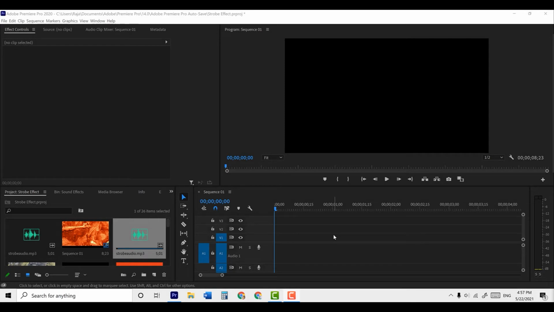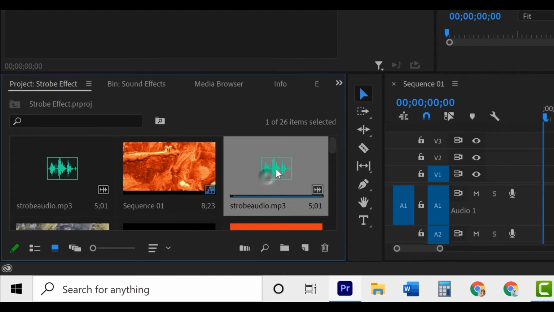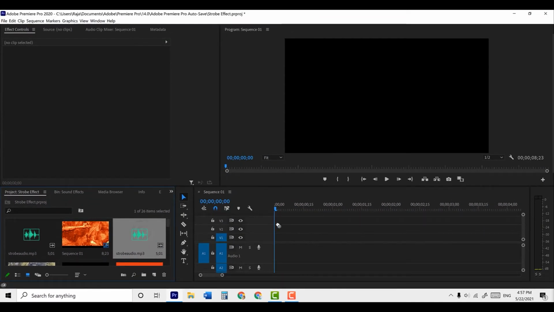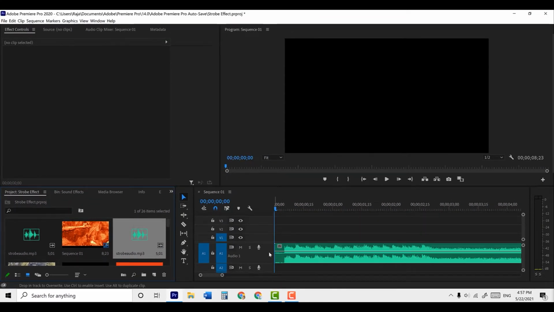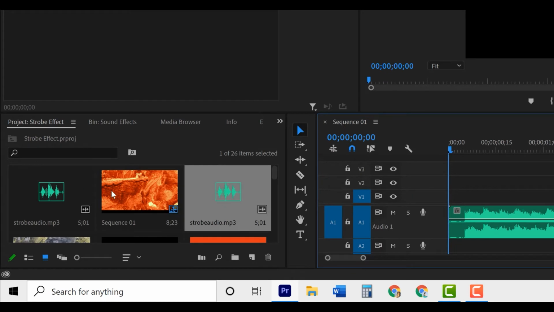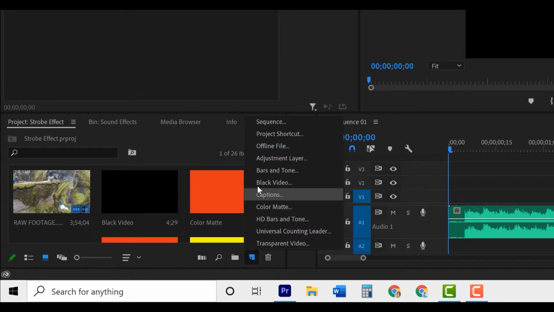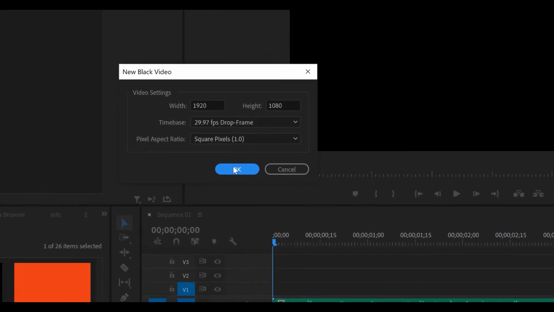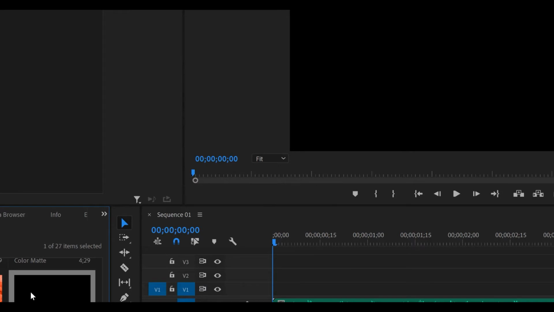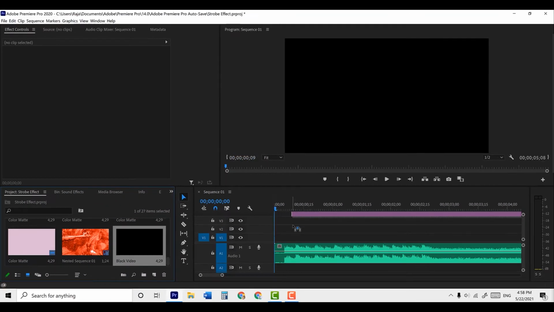So guys, the first thing you need to do is take any sound effect like something like this. Just import it to a timeline, and now you need to take any black video. For example, you need to go to new item, black video, and click on OK. Just take this black video and paste on the video 2,